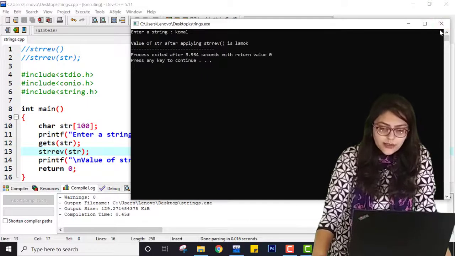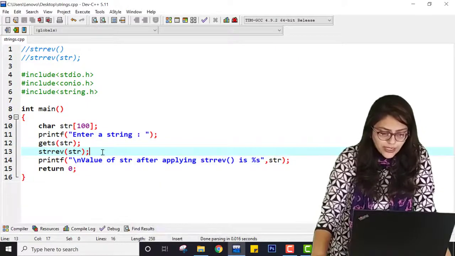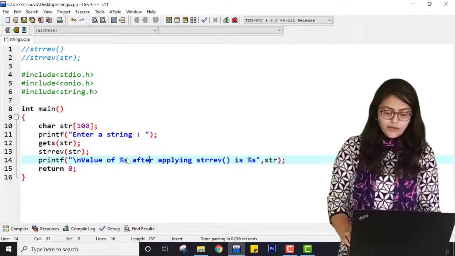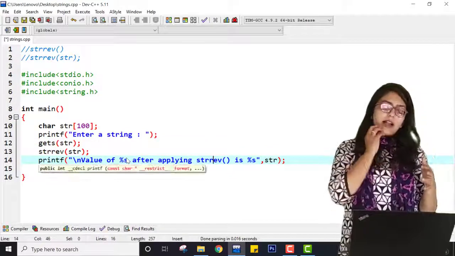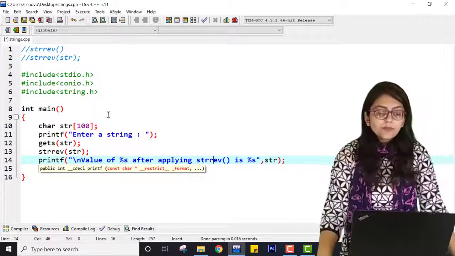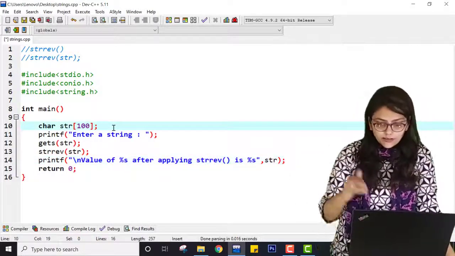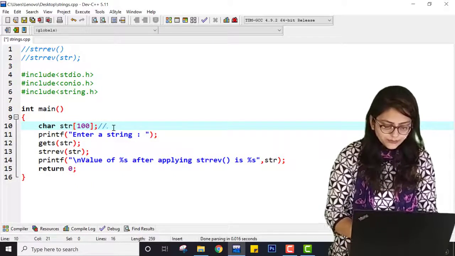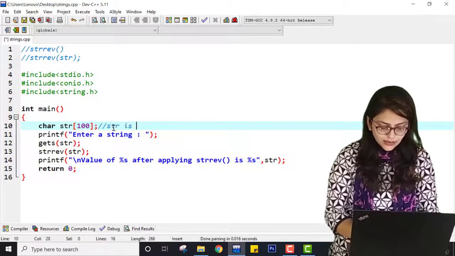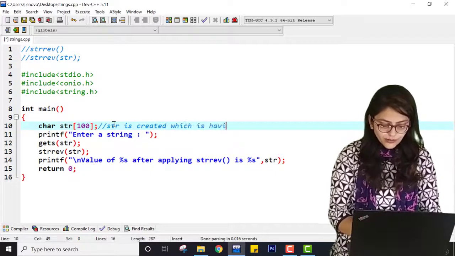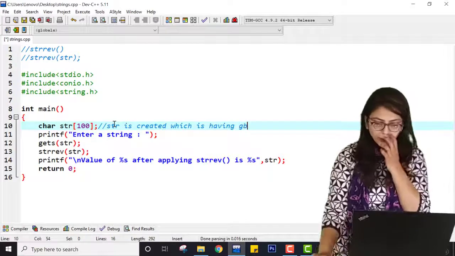Now the thing is, why can I not write %s over here, right? If I want to write that the previous value was this and now the new value is this, because it is happening inside this string. So here I have applied, one str is created, which is having some garbage value.